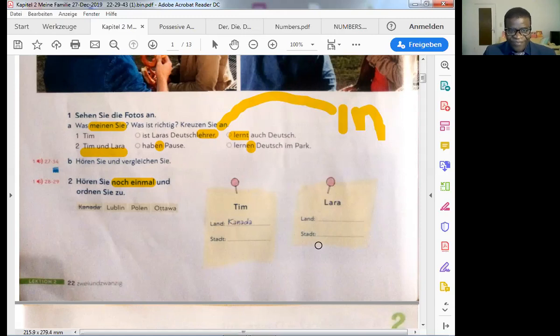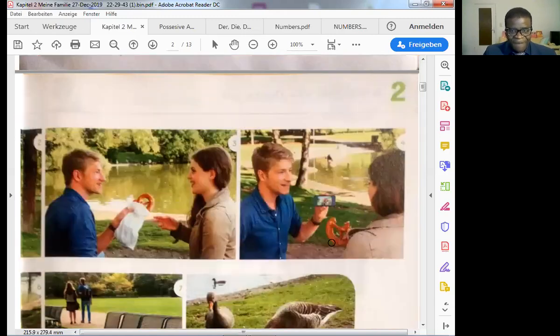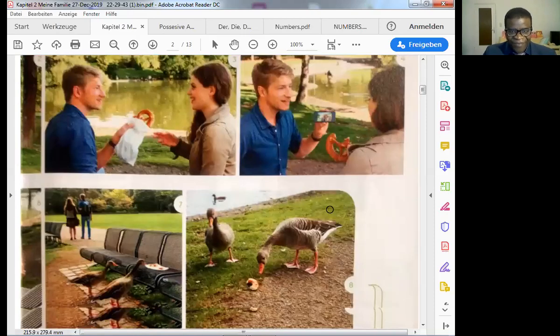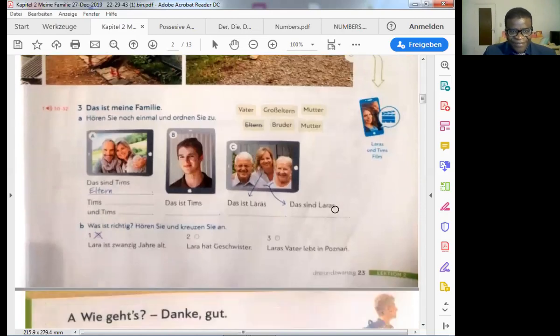Let's continue. So, das ist Tim und das ist Lara. Here we go. CD is noch einmal, once more. Don't worry, I'm giving you the meaning and the interpretation of the language here.